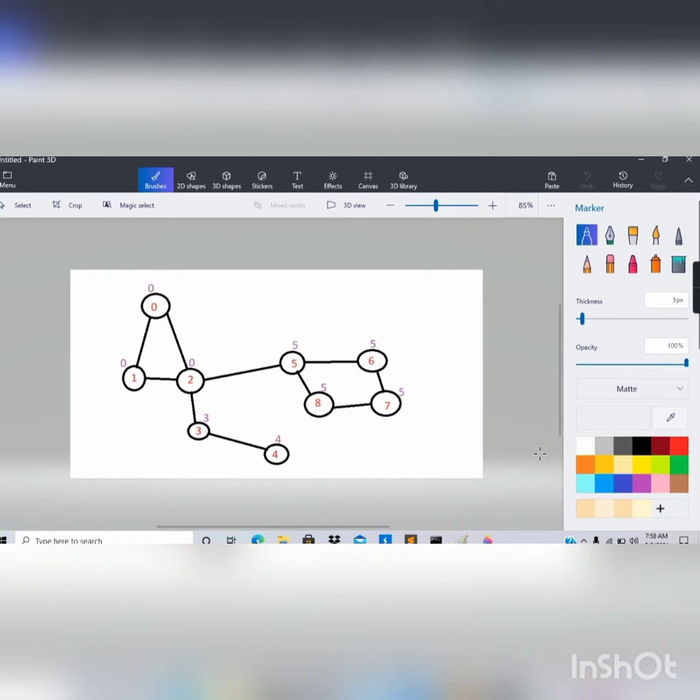So once we have found out the modified low link value for each node, we would visit each node and compare its ID with its child low link value. But one thing we also have to keep in mind is whether the node is a root node or not. For a root node it is a bit different. So for example, consider node 5. Is it a root node? No, it's not a root node. So what we would do is, we'll compare its ID with its child low link value.